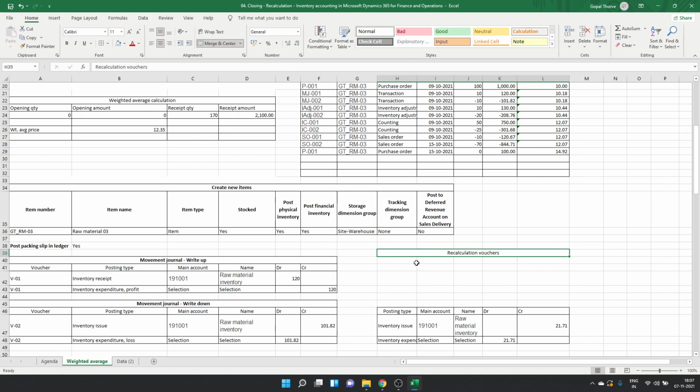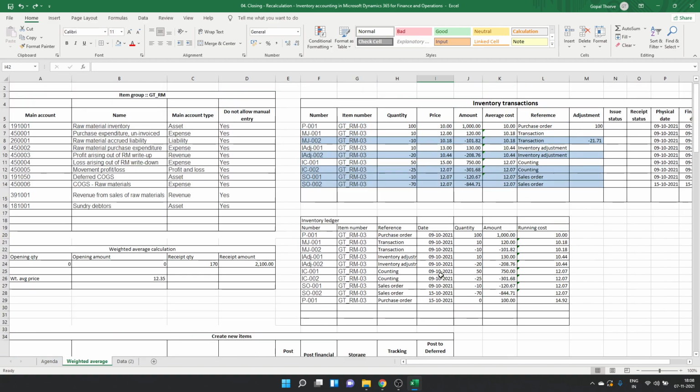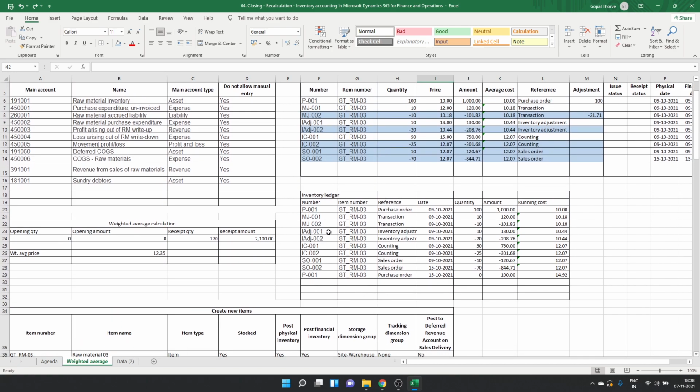Okay, by accumulating for all the items which belong to the same inventory group or item group. So this is the first accounting entry which is posted. Okay, this is a receipt transaction. That's why there is no adjustment on this particular transaction. So now in the ledger, how does this appear? The adjustment is posted on this particular transaction.